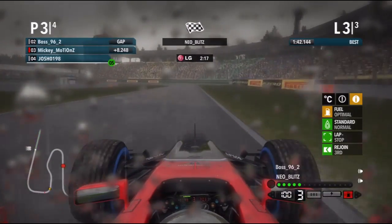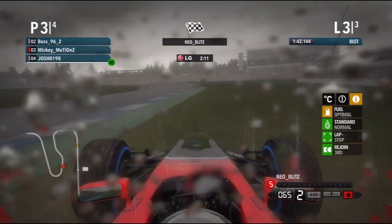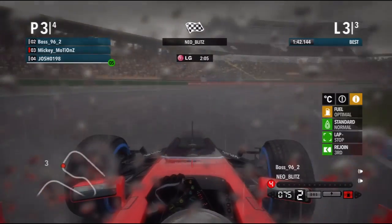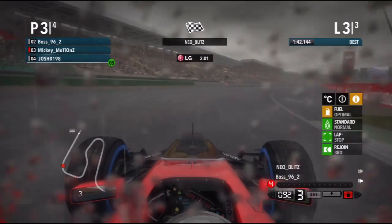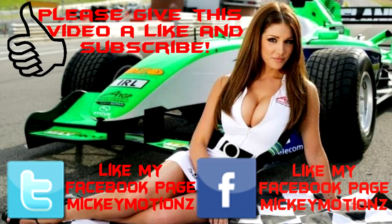Oh yeah, and it's more likely to heat up your engine and make it blow in a wet race, because you're going to accelerate hard, like I mentioned already, hitting the high revs, and that's going to be very hard for you to maintain, so you really have to shift early. But obviously I'll give you some more tips. I'm not going to give too many tips away for now. I'm just going to give you all the tips I know in my tips videos that will be coming up